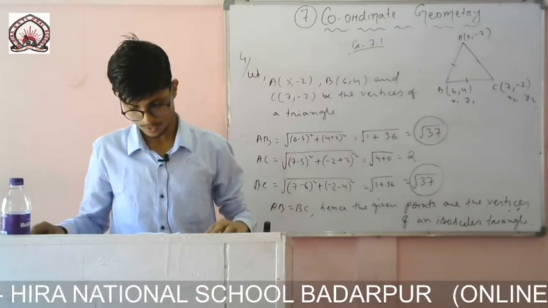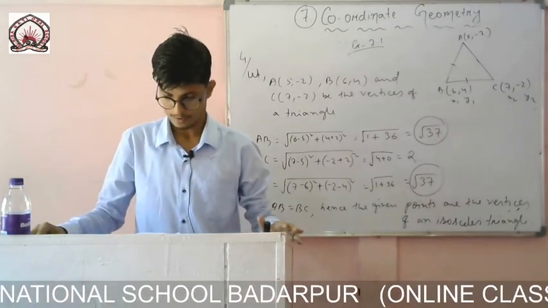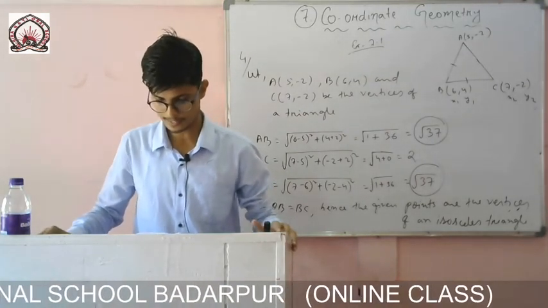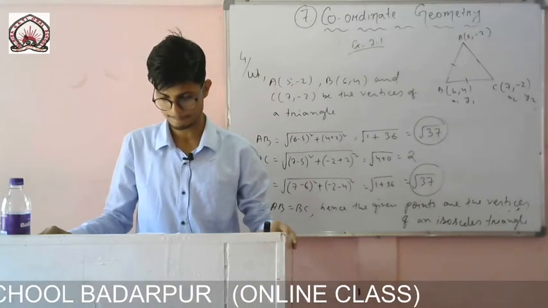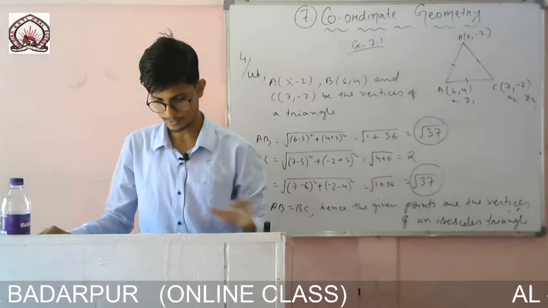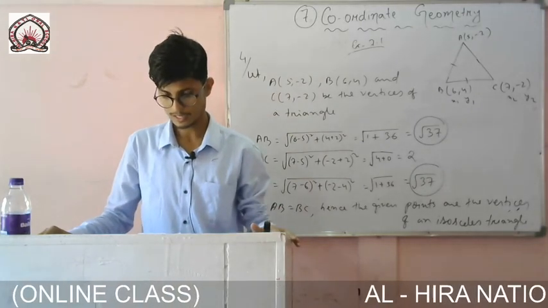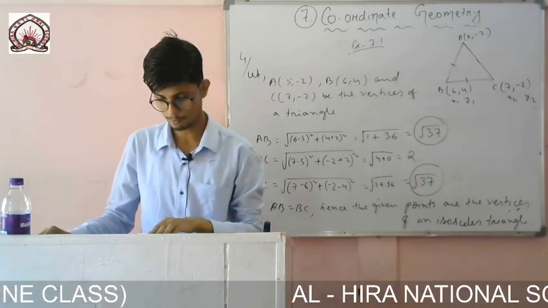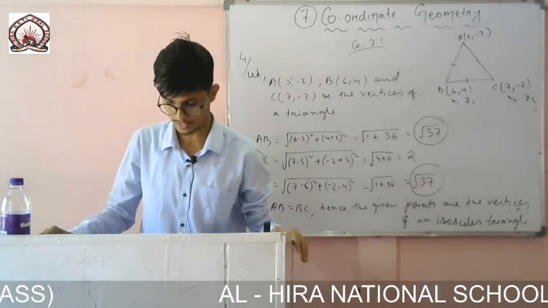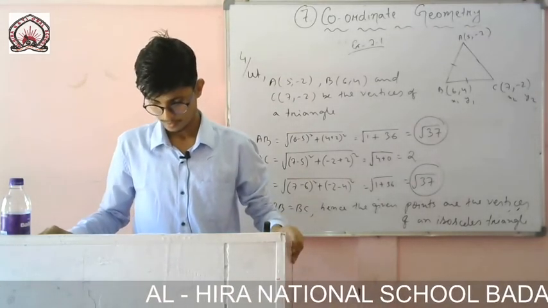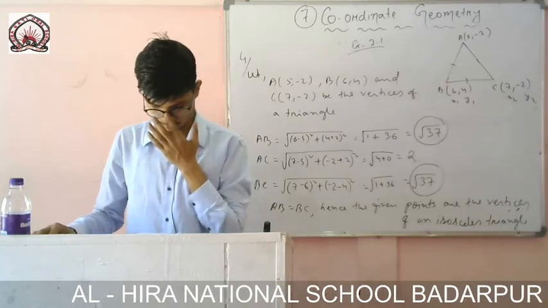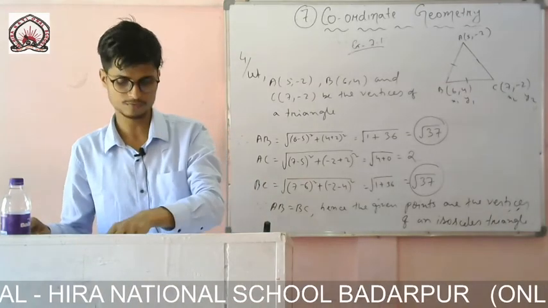Now let us go to question number 5. In a classroom, four friends are seated at the points A, B, C and D. Champa and Chameli walked into the class, and after observing for a few minutes, Champa asked Chameli, "Don't you think ABCD is a square?" Chameli disagrees. Use the distance formula and find which of them is correct.